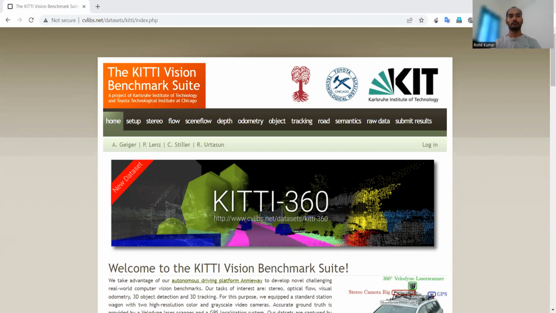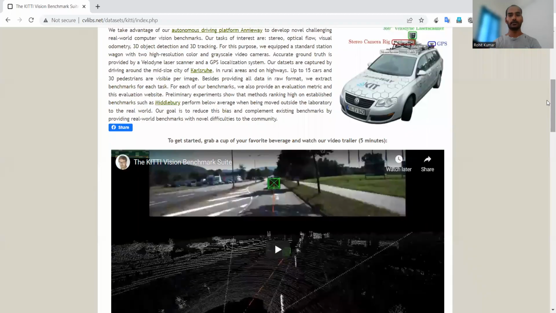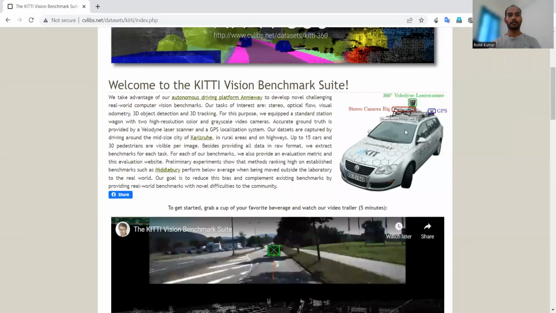Now, when we talk about this data set, if you carefully observe, they have done this particular setup at their side, and then taken advantage of this setup to develop novel, challenging real-world computer vision benchmarks. They have stated that the tasks include stereo, optical flow, visual odometry, 3D object detection, 3D